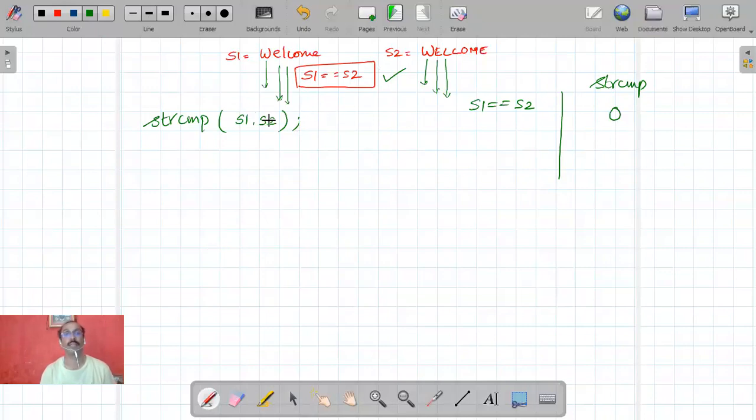So strcmp S1, S2 ఏం చేస్తుంది, it checks each and every character in string 1 with each and every character in string 2. రెండు strings కంపేర్ చేసి, if both the strings are equal, including length and everything, first character, second character, last character, all the characters are equal, then it returns a 0 value. అలా కాకుండా